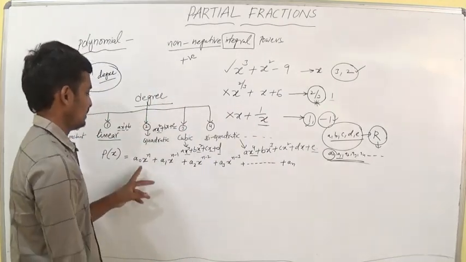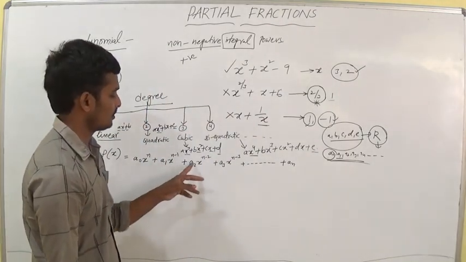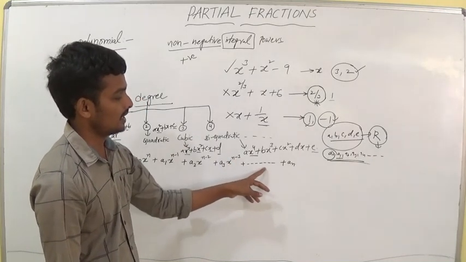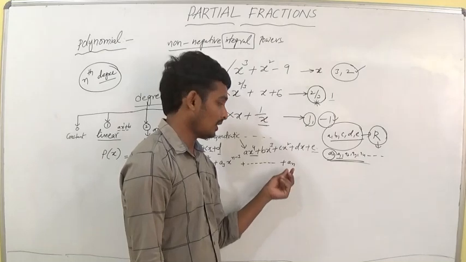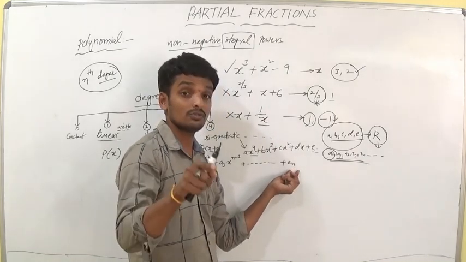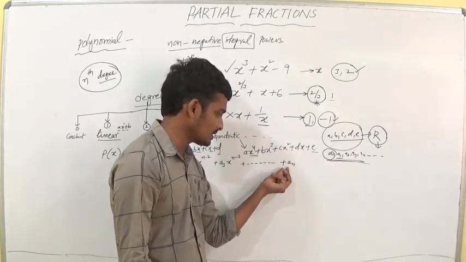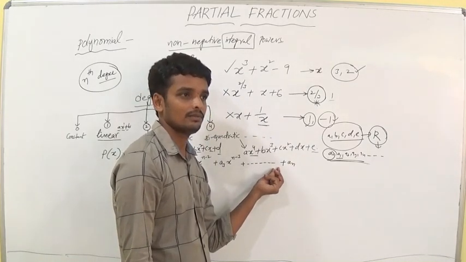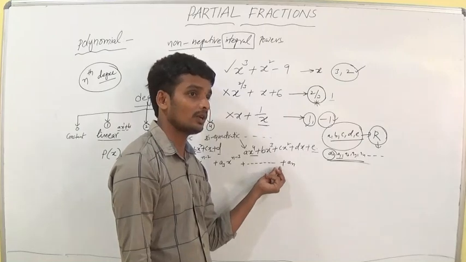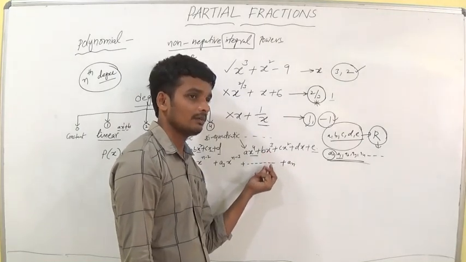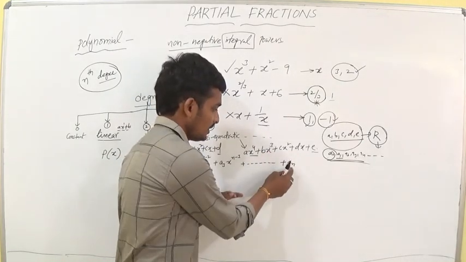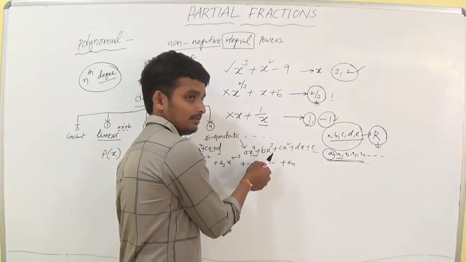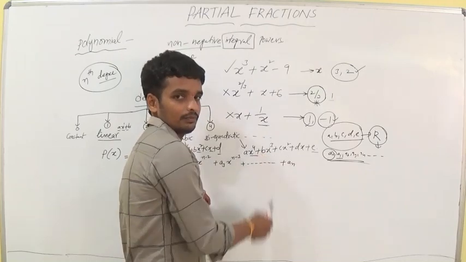So here an x to the power of n, a1 x to the power of n minus 1, a2 x to the power of n minus 2, a3 x to the power of n minus 3 plus and so on. Here the last term is an. You have to write yourself what is the term before an. And write one more term before an minus 1; think about it yourself.